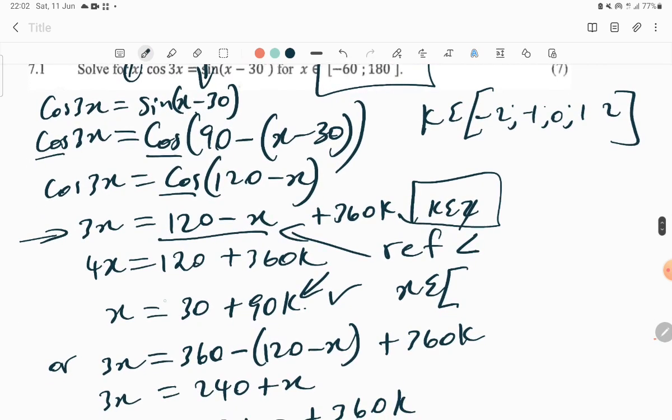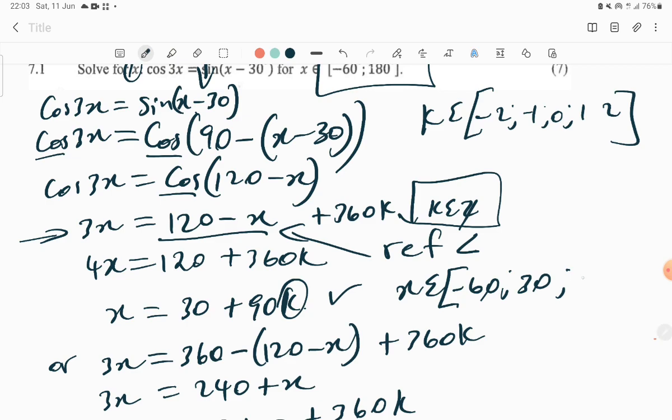So if we use this one, then in the place of k, we have 30 plus 90 times, let's just put -1. When you put -1, you get negative 60 as the first angle. Then when we put 0, we get 30. Of course, when you put 0 here, 90 times 0 is 0, then 0 plus 30 is going to be 30. Then another one, when you put 1,